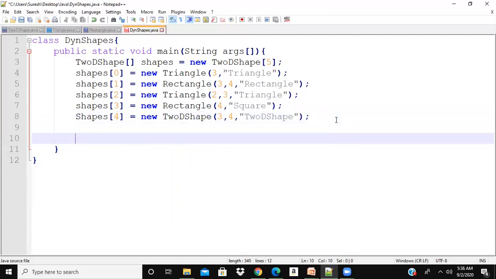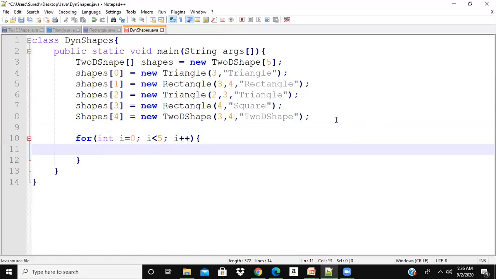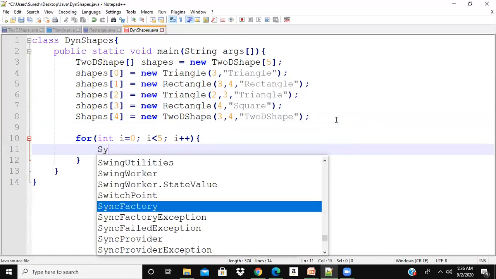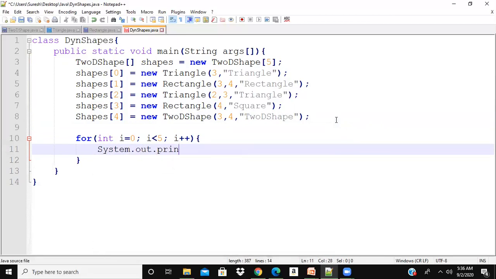So now I can access using the for loop, i is equal to 0, i less than 5, i plus plus. So we can call like this, System.out.println shapes[i].getName. So it will return the name of every shape.